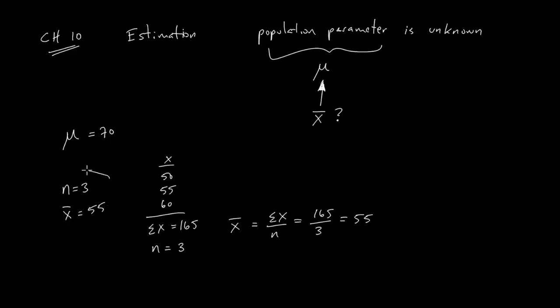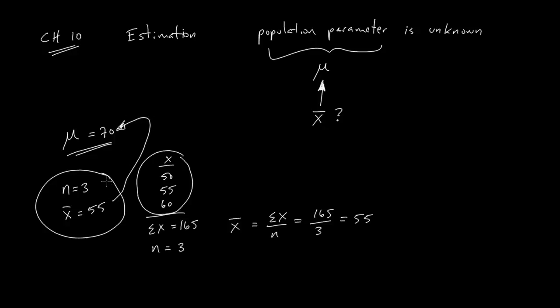So this is a possible scenario. You could have a class where the average is 70, but maybe when you randomly select 3 individuals from the class, they are doing worse than the average. They're getting marks that are lower than the average. So your sample mean does not perfectly represent what's going on with the population mean. Now it might be kind of close, but in this case it's a little bit far off. We're going to have to make our decision about whether we believe it's close or far off later on in this case, but for now they just want to know what does the sample suggest about the possible value of